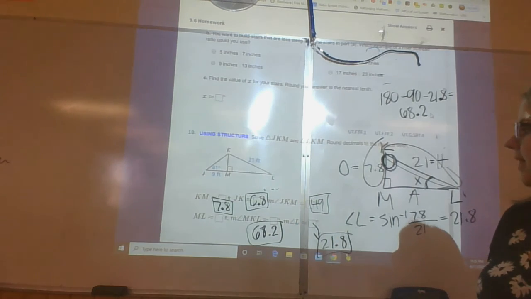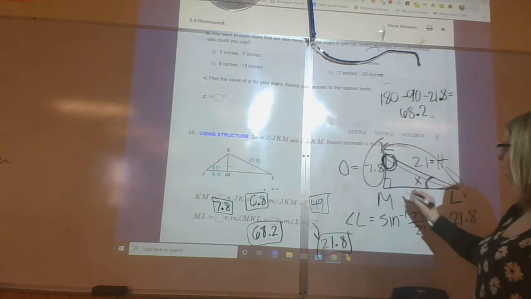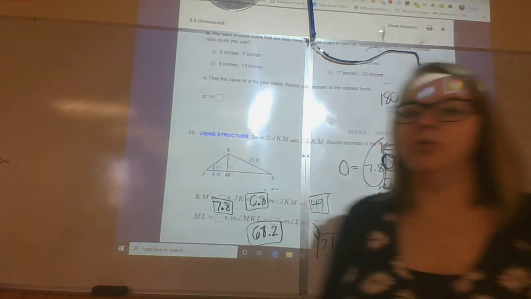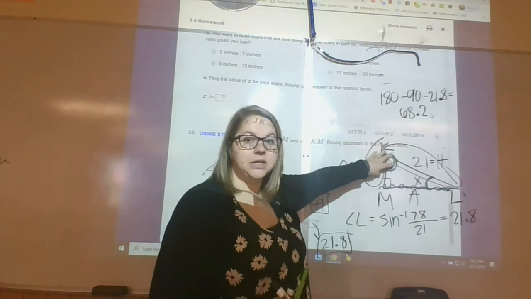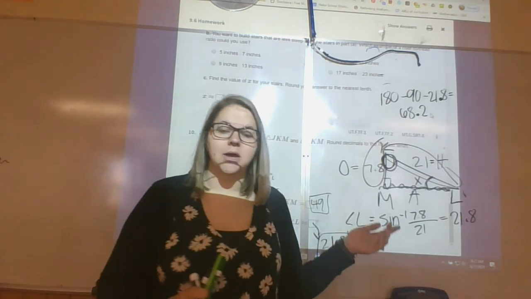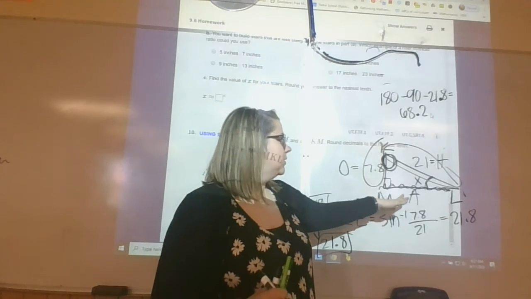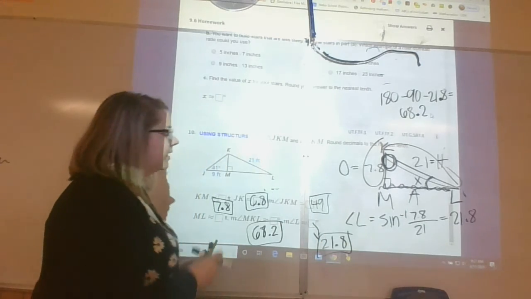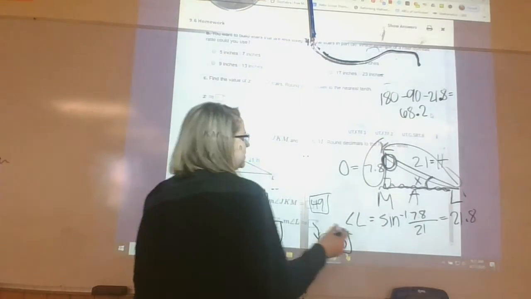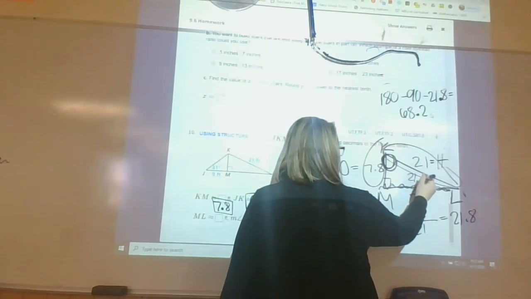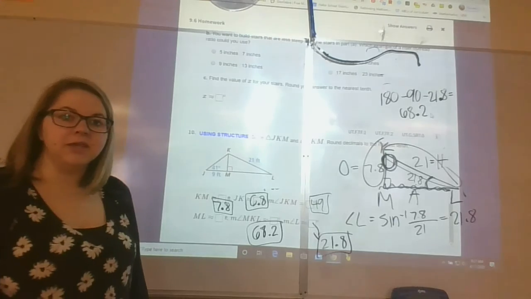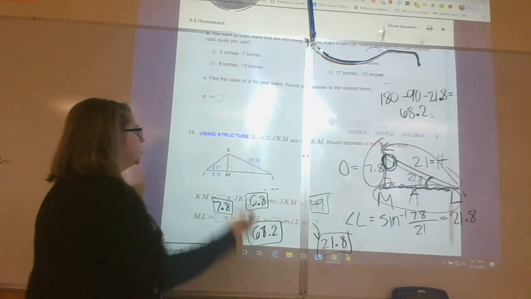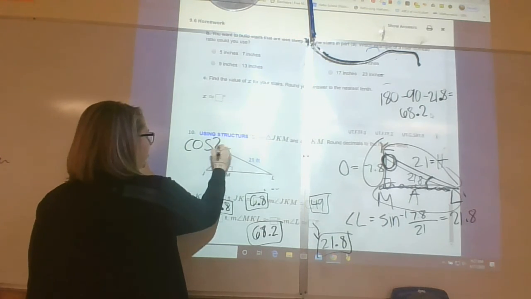Okay, so for my last one here, we need to find the side ML. ML, this side here. So there's a couple ways you could do this. You can use the Pythagorean theorem because I have two sides and I'm just missing one. Or you could use tangent or cosine. Now I'm going to do cosine with this one. We're going to look at this angle L here. We said was 21.8. And because I have the adjacent side and the hypotenuse side are the two I'm going to use, I'm going to do cosine of my angle, which is 21.8,